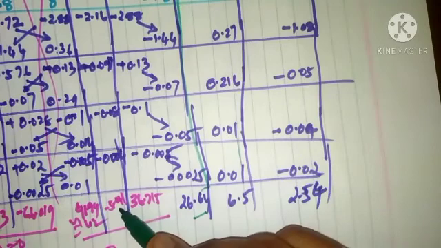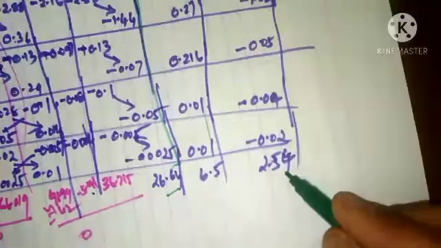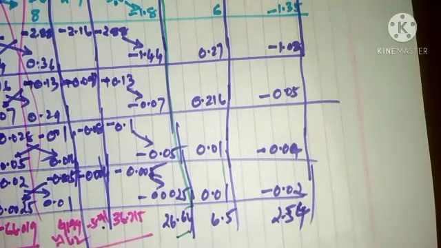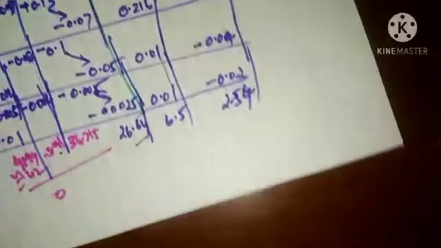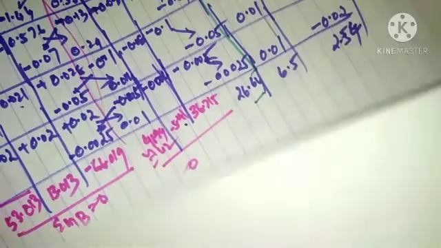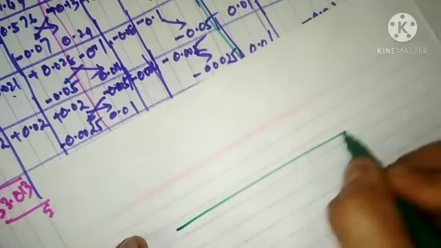So either you add all this or straight away divide by 2, you will get the same answer. Likewise, if you take 5.4 divided by 2, you get 2.54, or else you can add this, you shall get the same value. So these are nothing but the values of the moment. With the same values of the moment, we need to draw the bending moment diagram. To draw the bending moment diagram, redraw the frame,